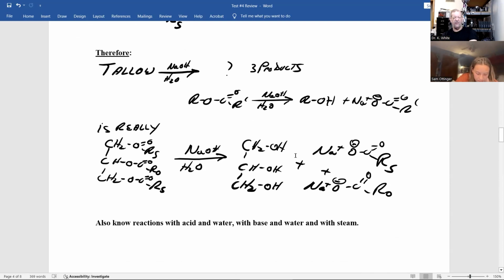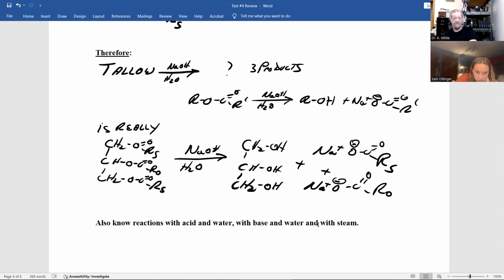So the first one would give this alcohol and sodium stearate. This ester gives this alcohol plus sodium oleate. And this ester gives this alcohol, so you get glycerin. And you get sodium stearate again. But I don't ask you to balance it. I ask you to give the products. So there are only 3 different products, even though you get 2 of one and 1 of the other of the